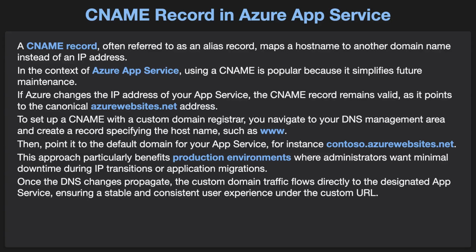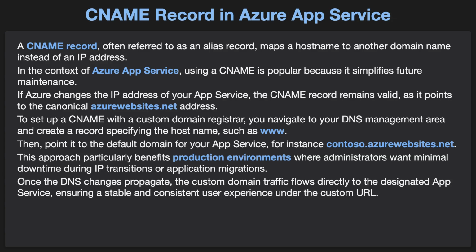A CNAME record, often referred to as an alias record, maps a host name to another domain name instead of an IP address. In the context of Azure App Service, using a CNAME is popular because it simplifies future maintenance. If Azure changes the IP address of your app service, the CNAME record remains valid, as it points to the canonical azurewebsites.net address. To set up a CNAME with a custom domain registrar, you navigate to your DNS management area and create a record specifying the hostname, such as www. Then, point it to the default domain for your app service, for instance